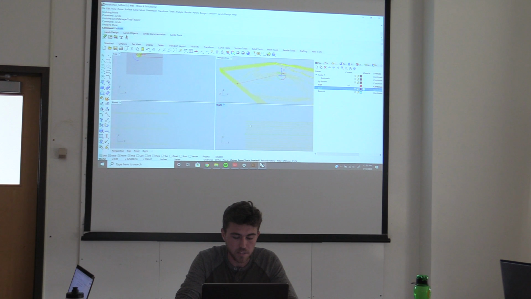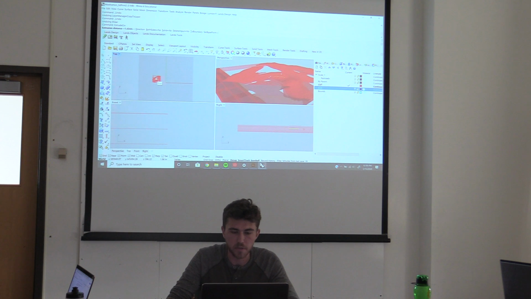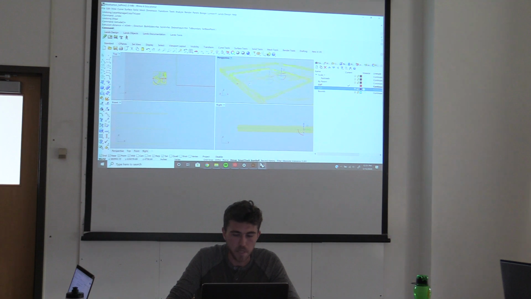So if you select all those closed curves and type extrude curves, for some reason, and this happens to me quite often, if I'm using a batch of curves, it'll extrude it in the top view like this, and it's not helpful. A workaround, so you can do it individually, and the reason why it's doing that is because these aren't closed curves. So if I close all these curves,